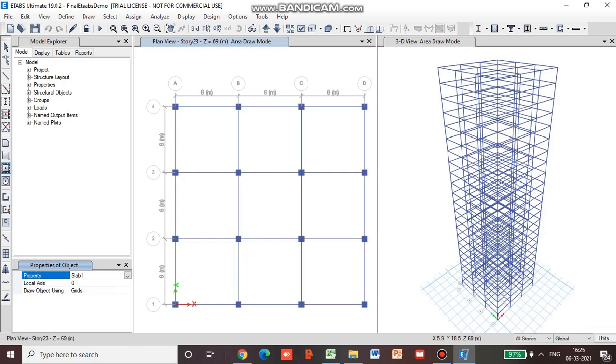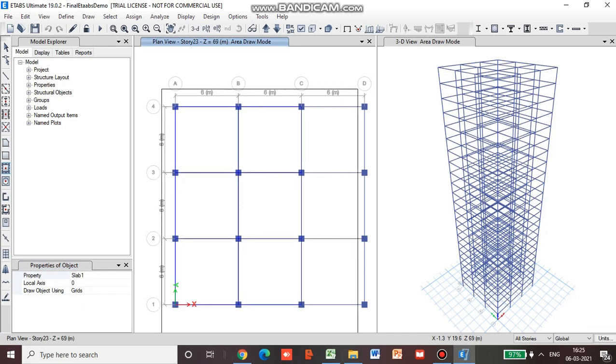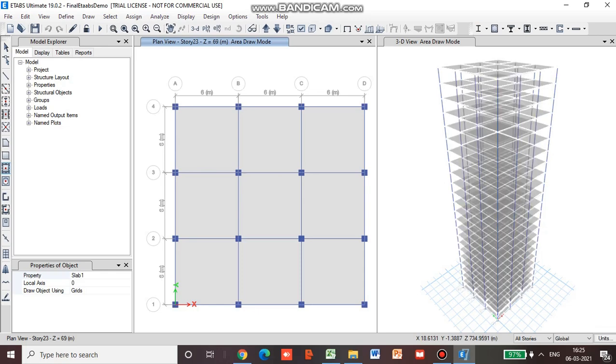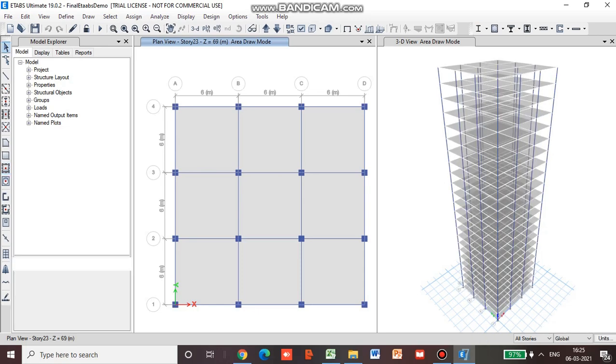So here already the property slab 1 is selected, so you have to just drag a box, and you can see in the 3D view all the slabs being formed. Now save the file.